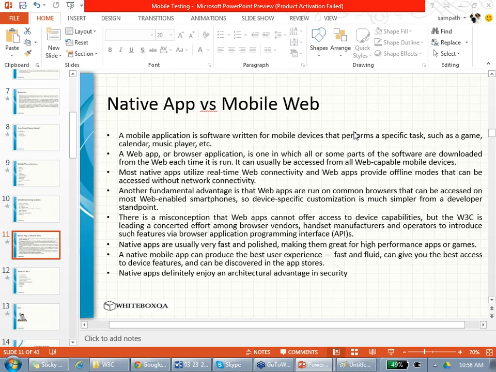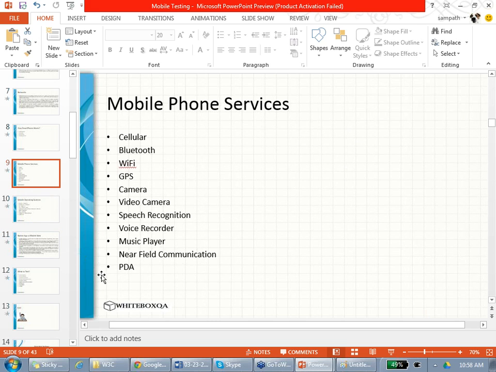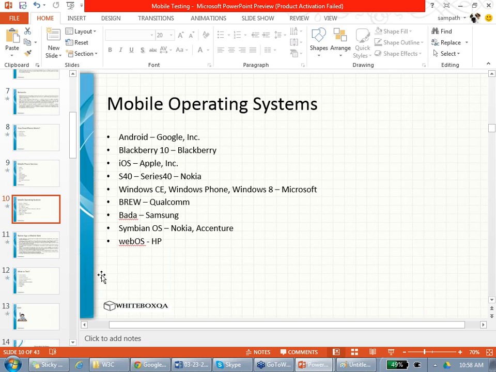Okay. So coming back, you know that there are this many operating systems. People will ask you how many operating systems you know in mobile phones. I know BlackBerry, iOS, S40, S60, Bada, and everything. But what did you really test? Android or iOS?